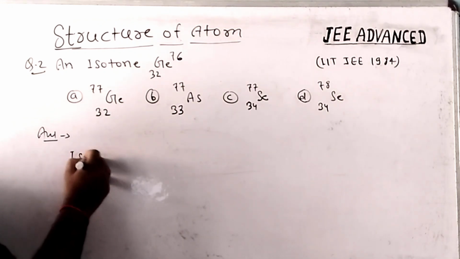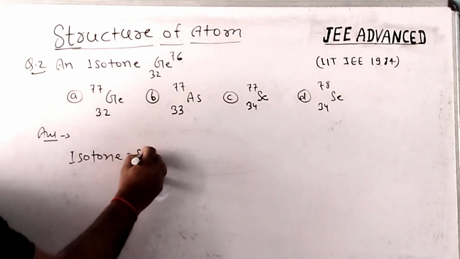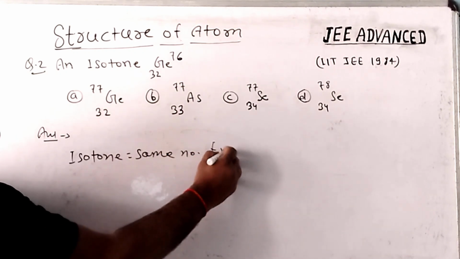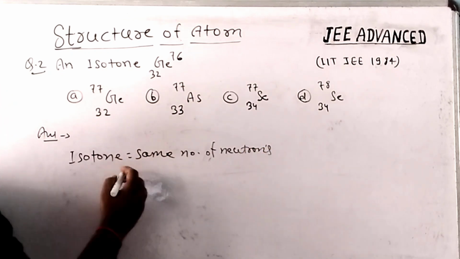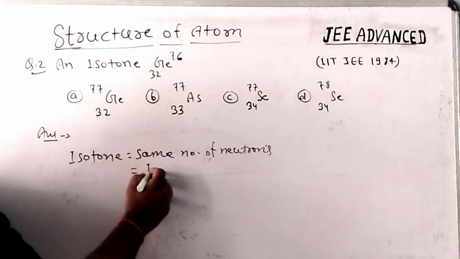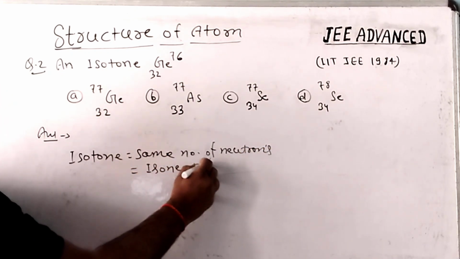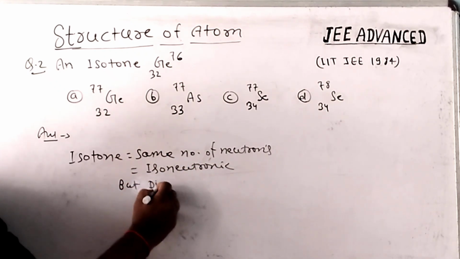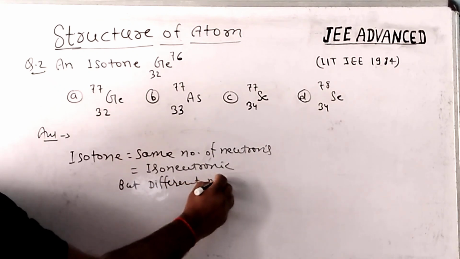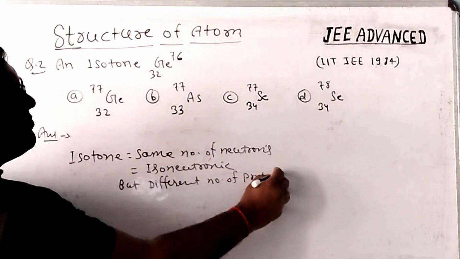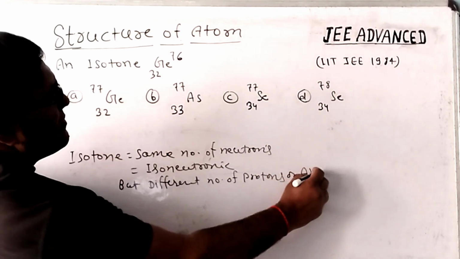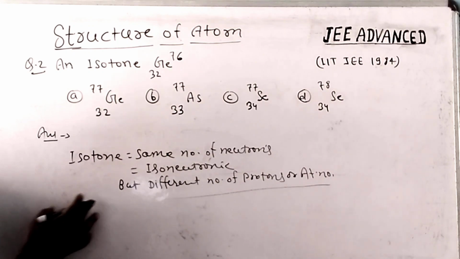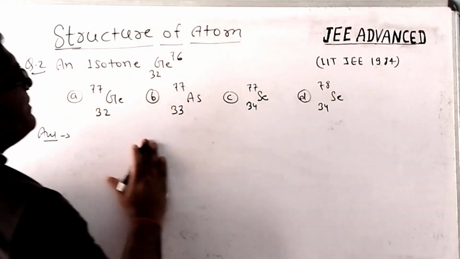So isotone means the same number of neutrons, or they are also known as isoneutronic species, but a different number of protons or atomic number. Okay,